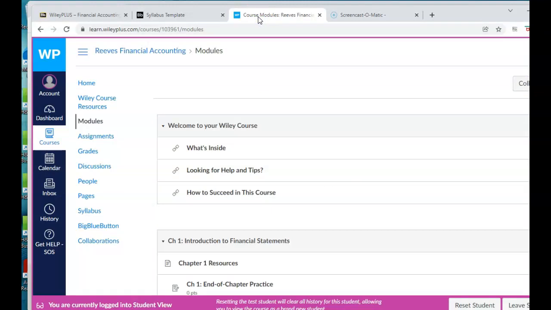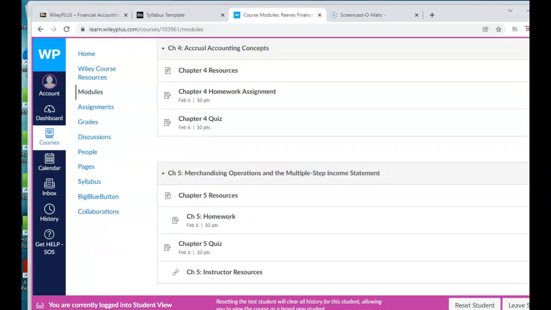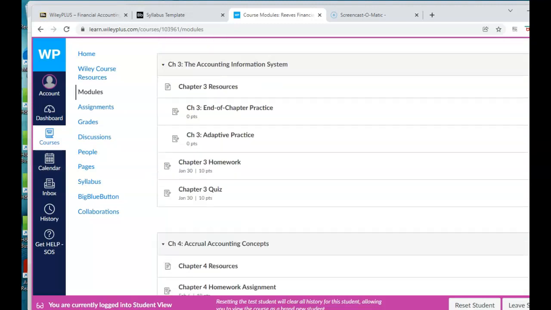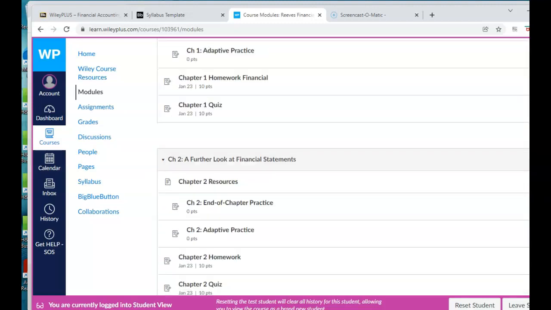Here we are. So once you're on the Wiley Plus site after you register, you want to click here on the Modules tab. And just like Blackboard, I have modules created in the Wiley Plus site broken down by each chapter. So let me go to the Chapter 1 module.